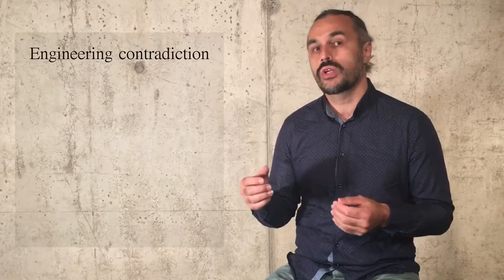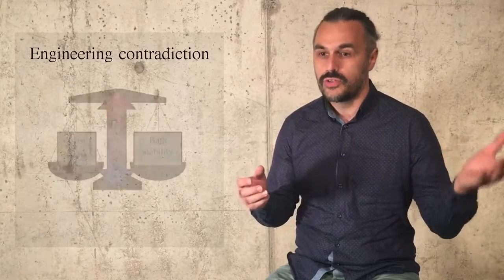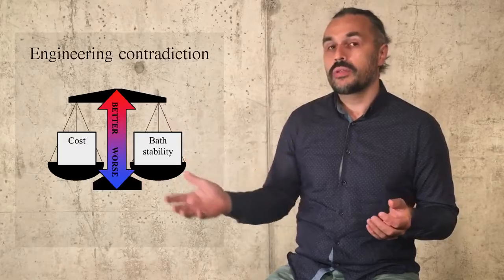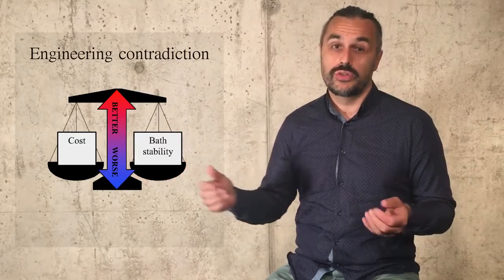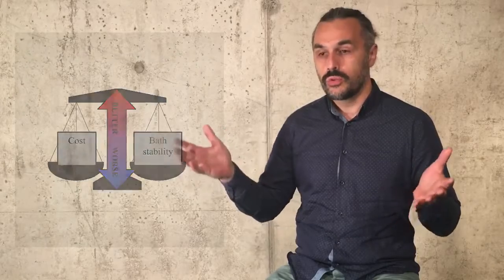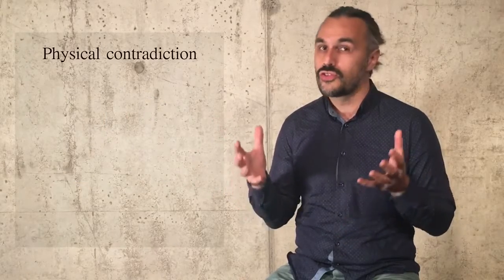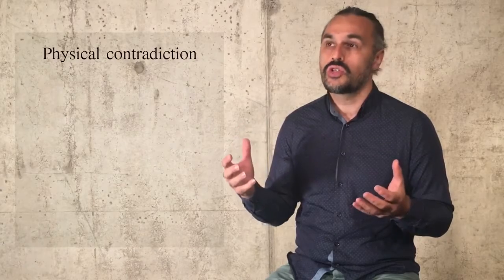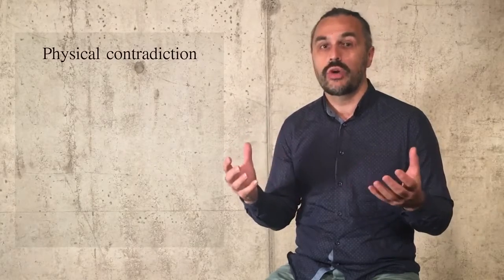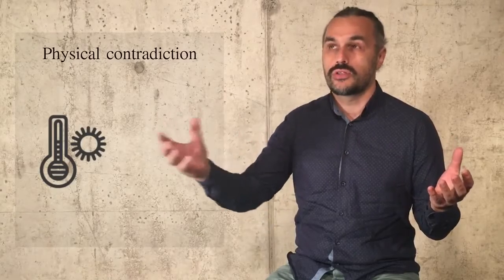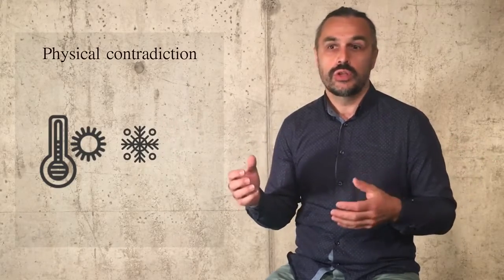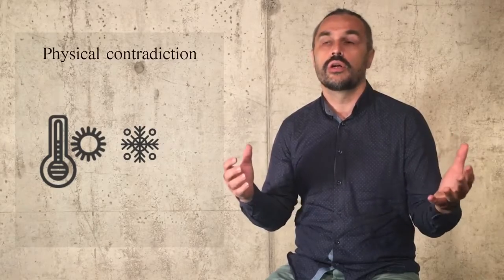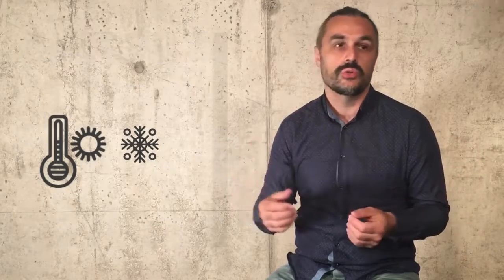There are two types of contradictions. Altschuler recommended to start with analysis of engineering contradictions, a situation when you try to improve one parameter of a system and another parameter or part of the system worsens. And then if you analyze more, you arrive at physical contradictions, a kind of screaming contradictions, a situation in which you have justified requirements to opposite parameters or states of the same parameter. You want something to be long and short, warm and cold, and so on.